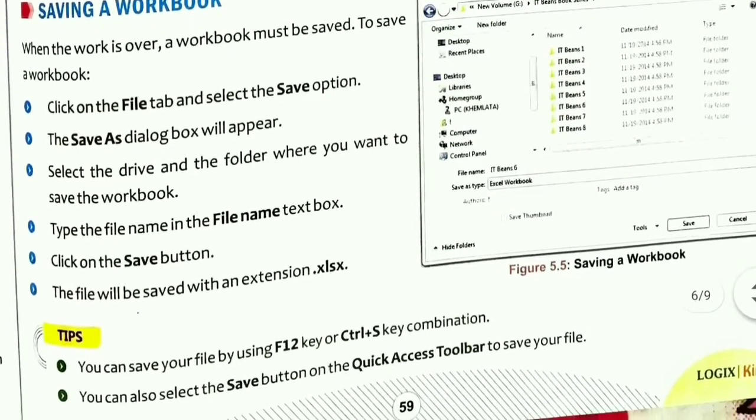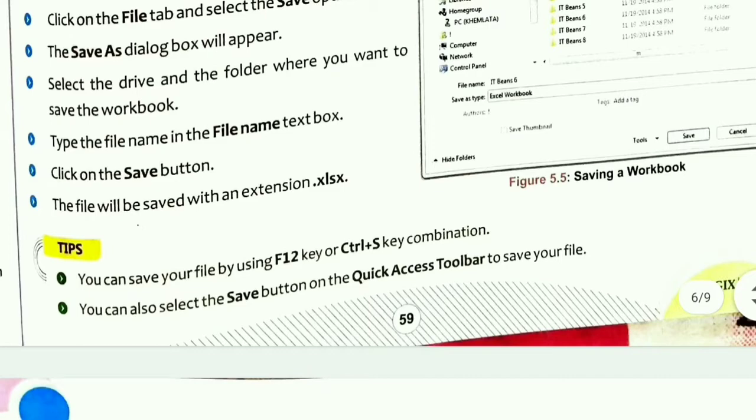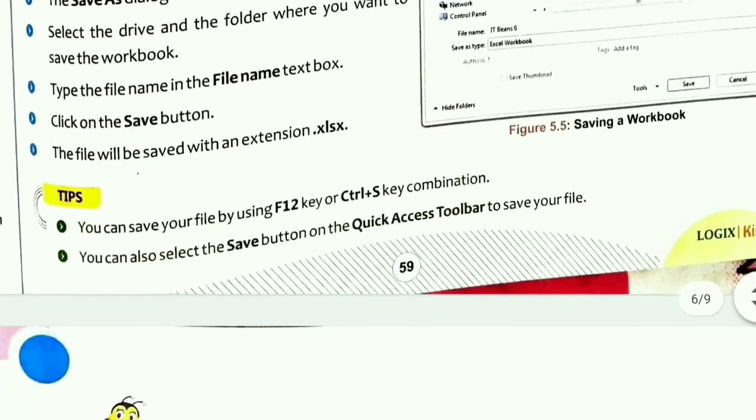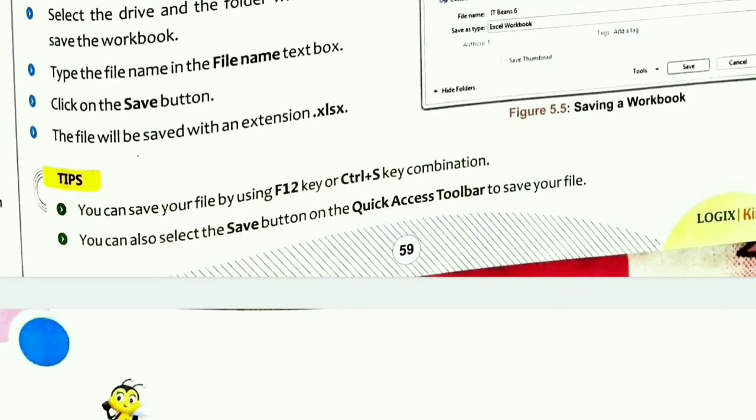Saving a workbook. It is similar to how we save our MS Word document or PowerPoint document. So click on the file tab and select the save option. The save as dialog box will appear. Select the drive and the folder where you want to save the workbook. Type the file name and click on the save button, and your file will be saved with the extension .xlsx. This is the extension of Excel files. Or you can use the F12 key or the Ctrl S key combination to save